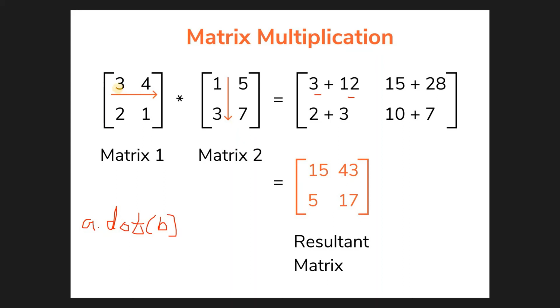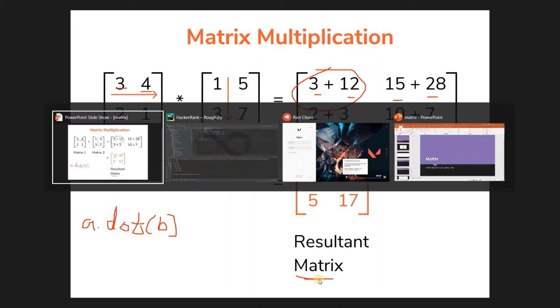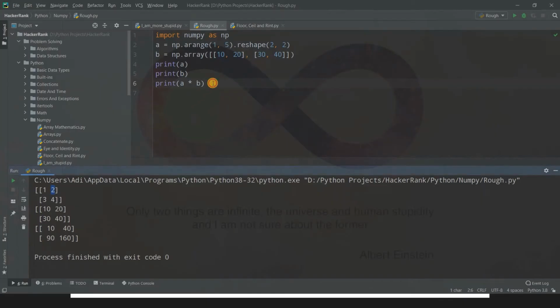So after that, we just write, see, 3 into 5 is 15, that is this thing. Then 4 into 7 is 28, that is this thing, and so on. So we just multiply it, and the sum of these two elements is going to be this element. So this is nothing but matrix multiplication. You have to know matrix multiplication up to now. But when we use arrays, we don't get the multiplied product like this, remember. So to get that product, I'll use a function.